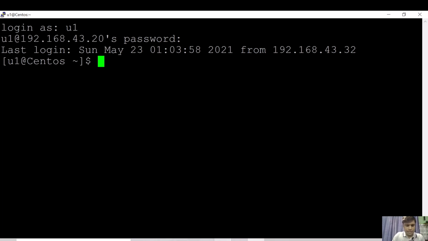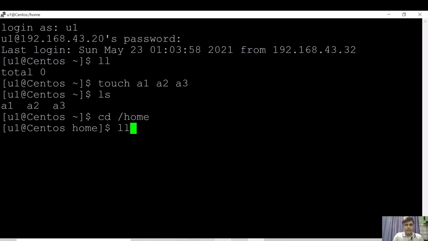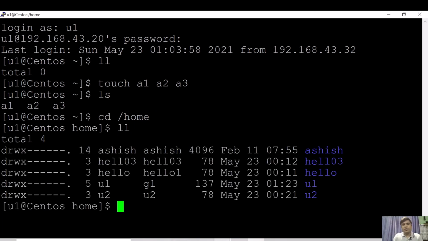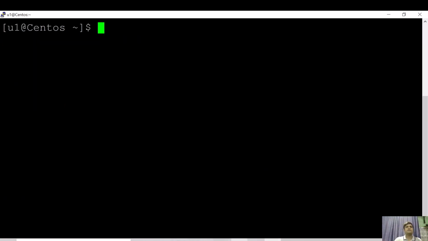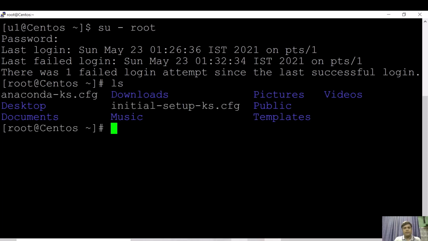Now you can check with the ls command. There is no file created over here. You can create any file, touch 18283, right? You can do anything over here, but you cannot modify any other directory. You can check the content, but you cannot modify anything. You can also switch to your super user account through this local account. Use su - root and type the password. See, now I can see anything, right?